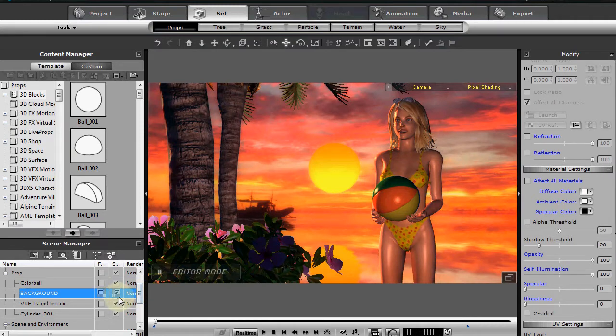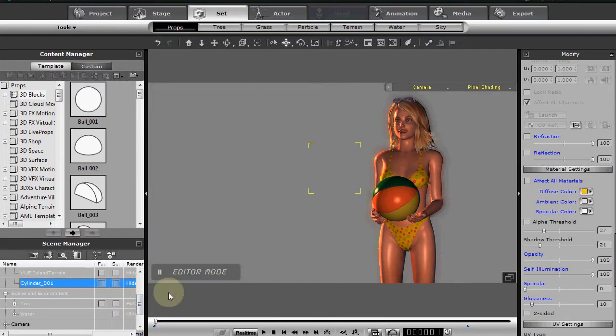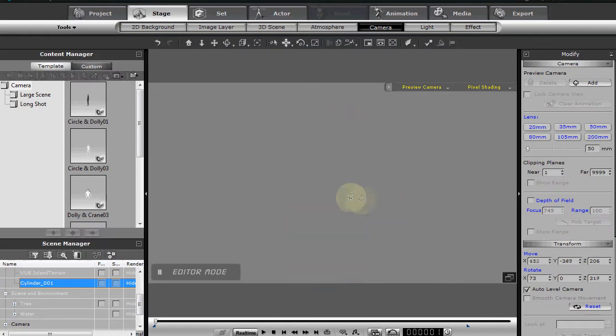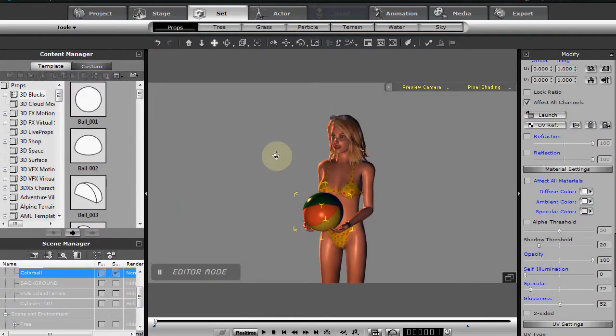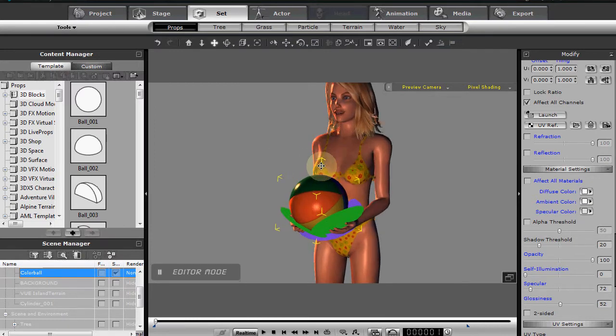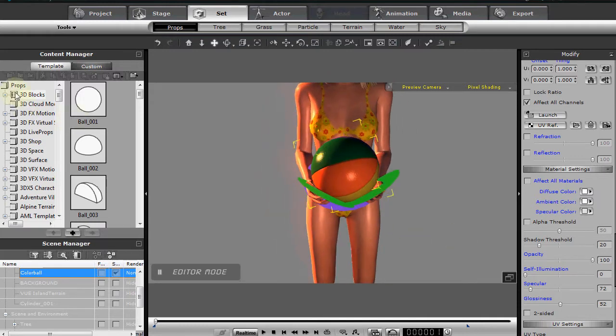Let's get started by turning off a few things and making it a little easier to see what's going on. Let's go to our preview camera, and now we'll take a look here. Let's click on the ball there. Okay, and I'm going to hit Control D, and you'll see we've got some dummy objects right here. And what I've done is basically taken the